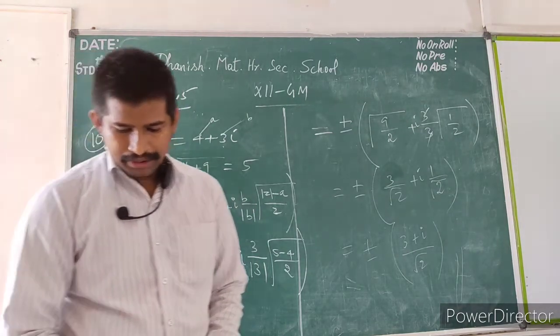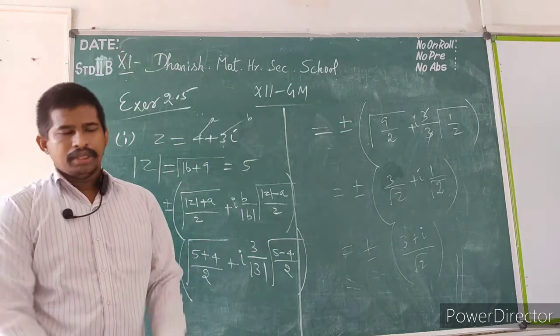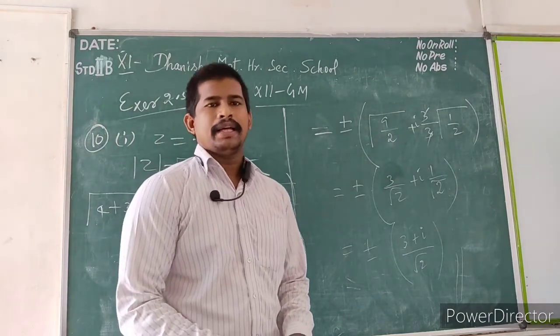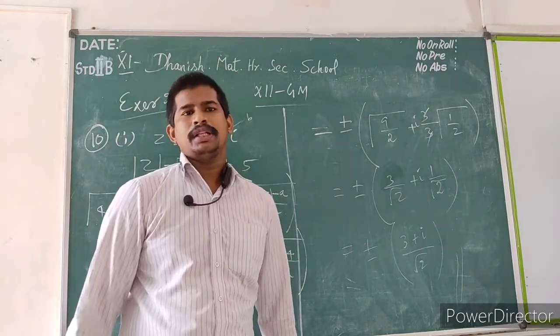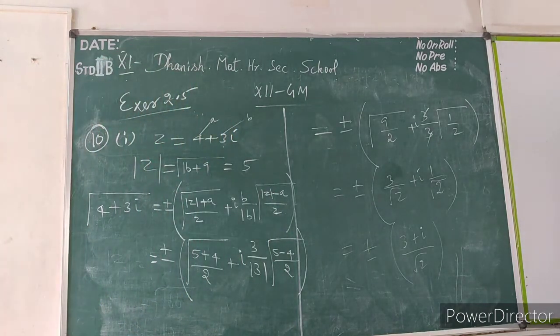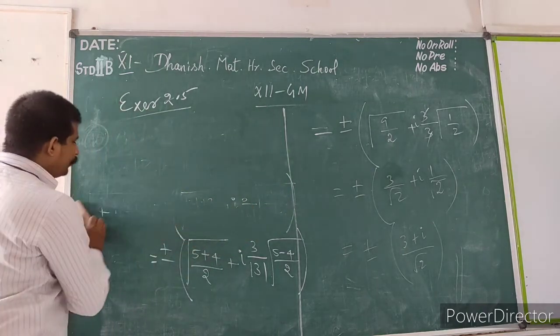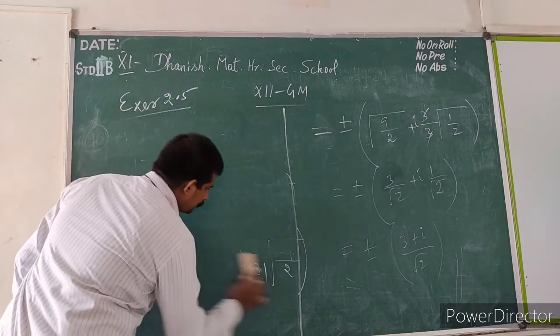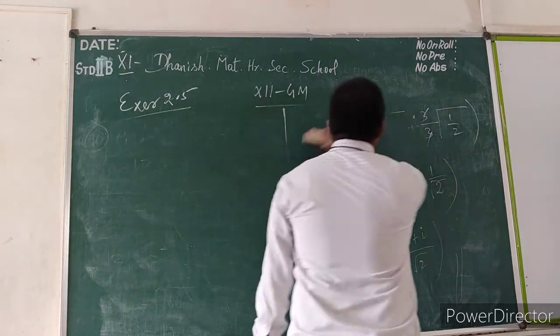second one, purely imaginary. Here we are going to find for which least value of n the given term is purely imaginary as well as real. Here we are going to find for which least value of n the given term is real and purely imaginary.